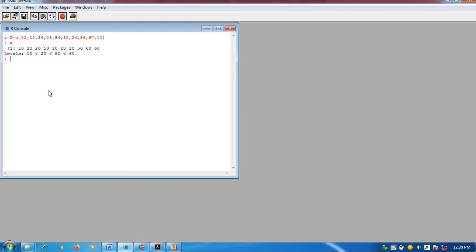Yes, because my data set name is capital X. That's why it is showing different values. Now see, when I printed capital X, what does this indicate? The R language is case sensitive. So capital X has the same values which are stored in this vector, right?